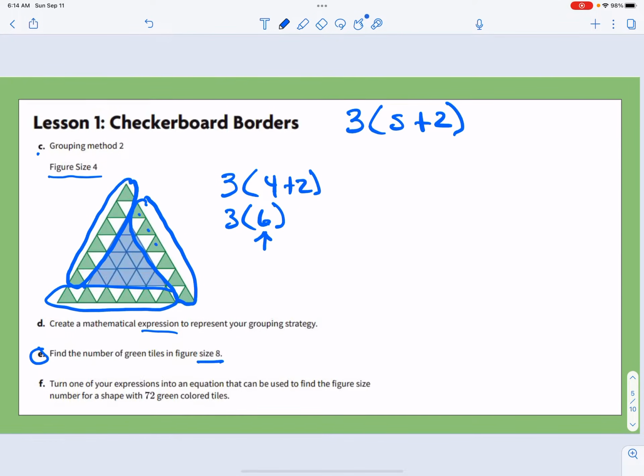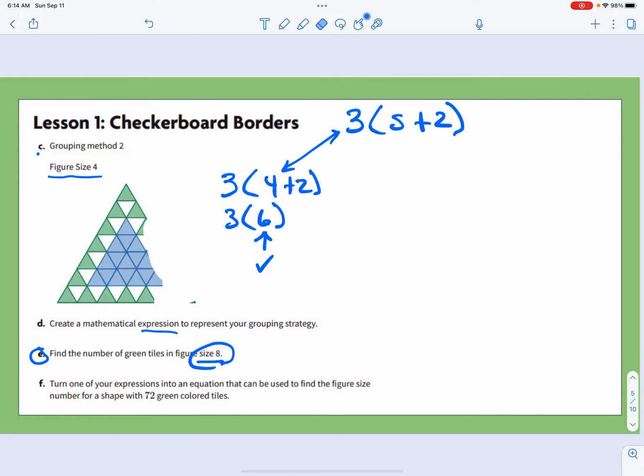Well, 1, 2, 3, 4, 5, 6, that does match. So this same expression is working for us, okay? So we could use that expression there to help us figure out a size 8. Now, for the homework, though, it did say, well, let's do one that's going to be a different size, a